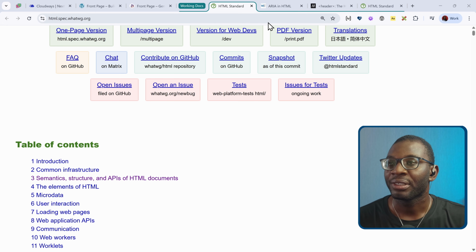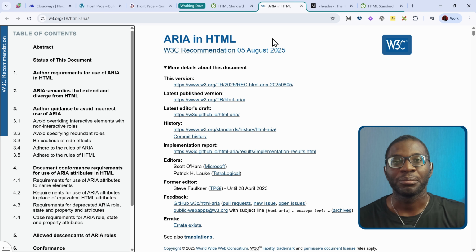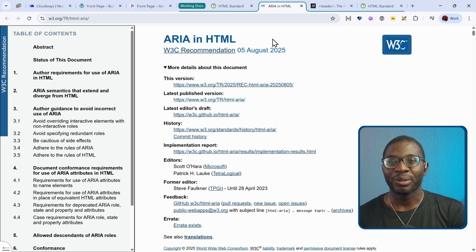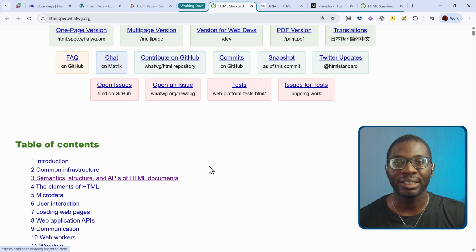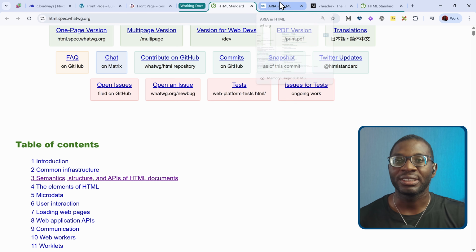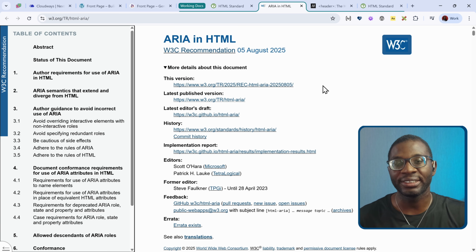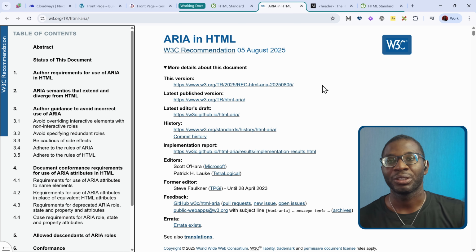We also have ARIA in HTML because accessibility and semantic HTML go hand in hand, but they can have some slight differences. So first you need to understand the basic HTML structures. Then you can see how that HTML is translated into accessibility related terms, because the HTML creates what we call the DOM.